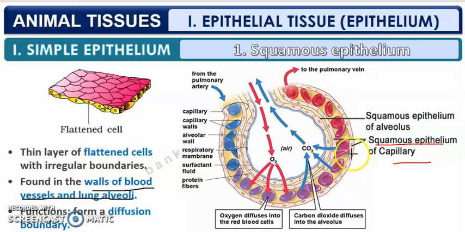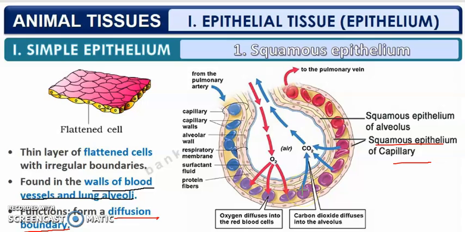So you know that a capillary or blood vessel has a cavity. That cavity is an empty space. Through that cavity our circulatory system's blood is passing, right? So the squamous epithelium of the capillary helps in the diffusion of substances, right? So their function is to form a diffusion boundary. Okay, their function is to form a diffusion boundary between the surfaces. So here the squamous epithelium of the capillary is acting as a diffusion boundary.